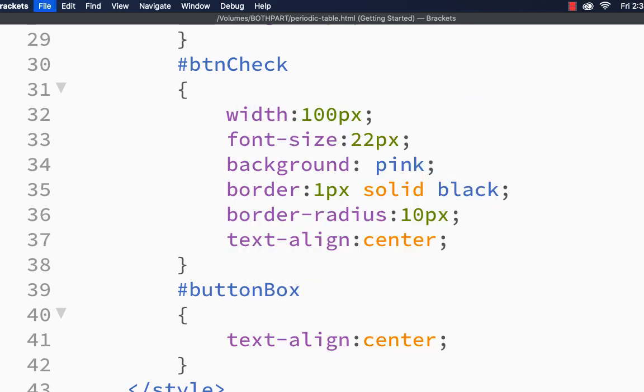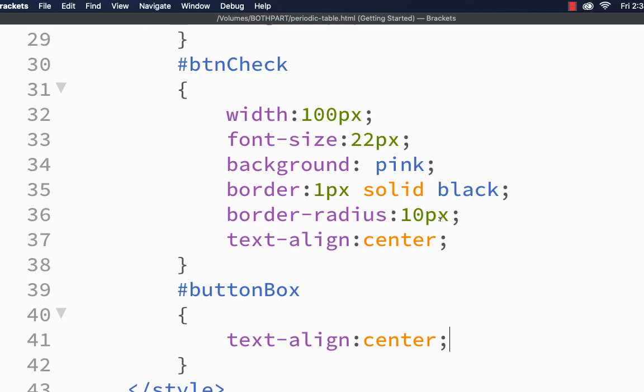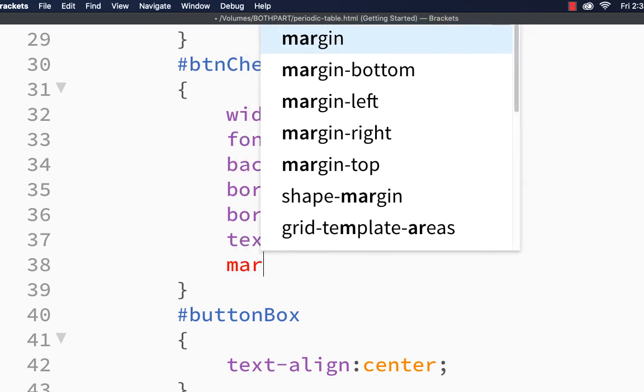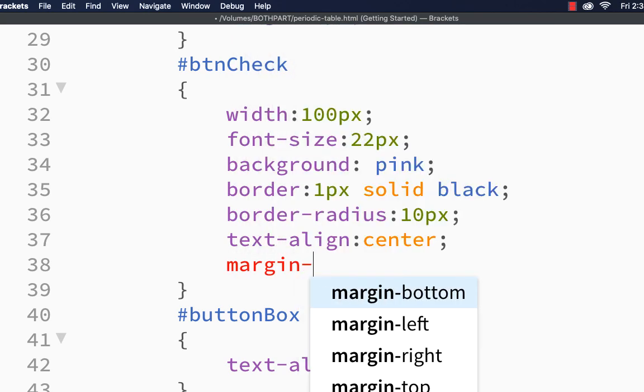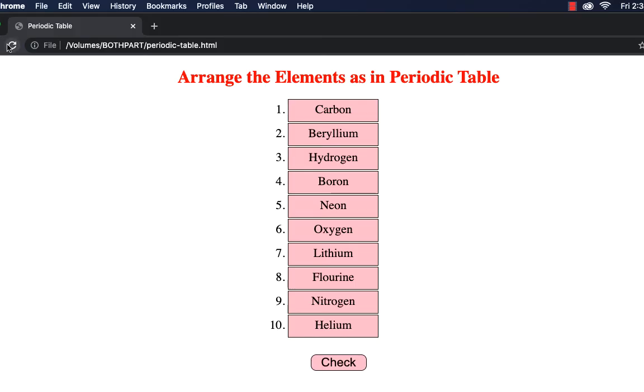Okay. Now let us check the output. Let me refresh. See, it has moved some more towards the right-hand side. If we want, we can adjust, but this is okay. I think we can have some margin between these 10 elements and this button. So let me have a margin for the button element. Let me specify margin only top, with the value to be, say, 15px, and check the output. Let me refresh. See, there is a gap.